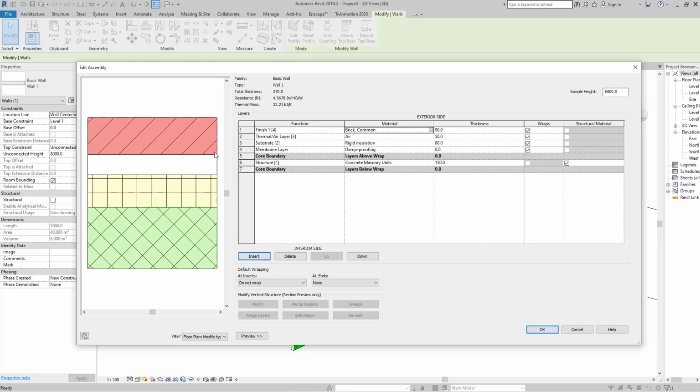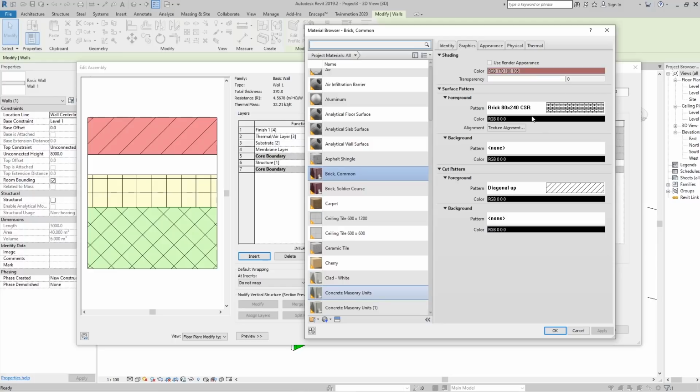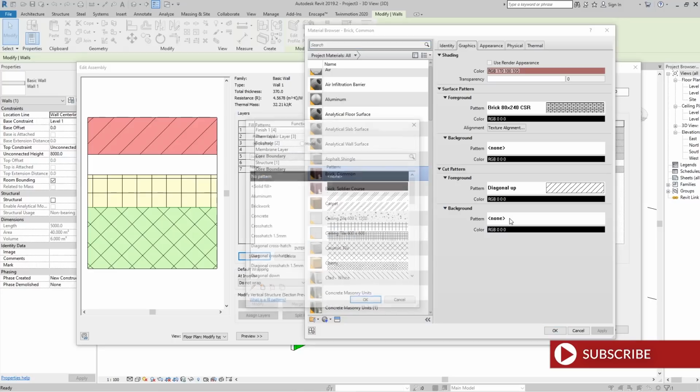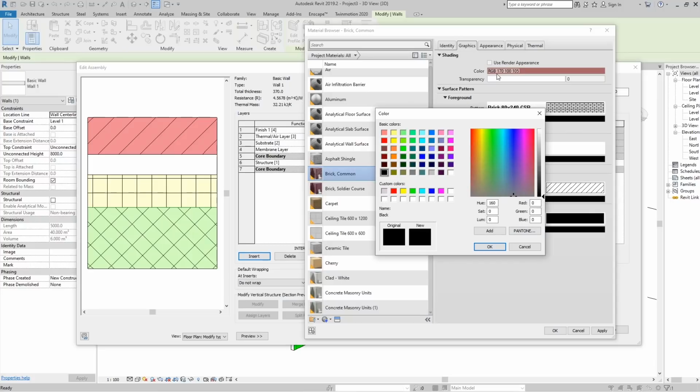You can see here why this is red, because that material has this red shading. If we want to add that color in all of the visual views, just go to cut pattern in our floor plans. Go to the cut pattern in the background, click here, solid fill, and for color just type this number 100 and 105, and we have